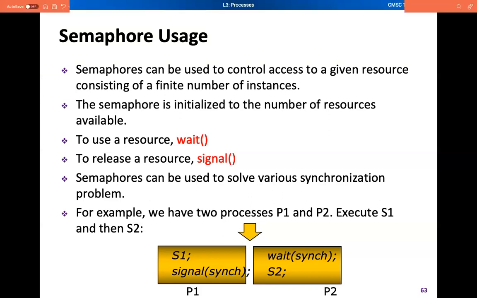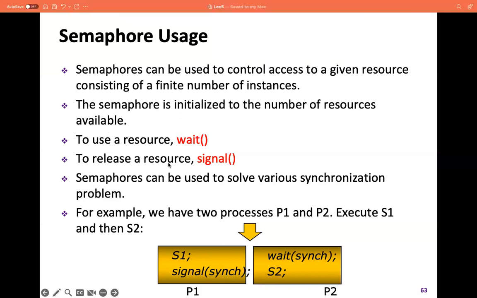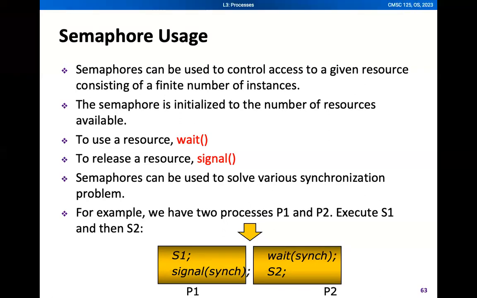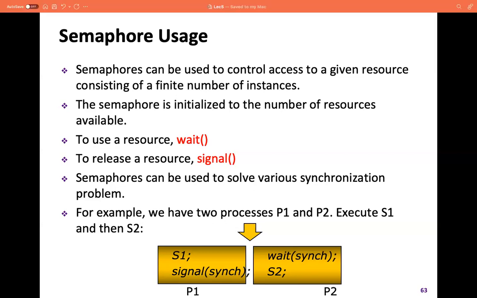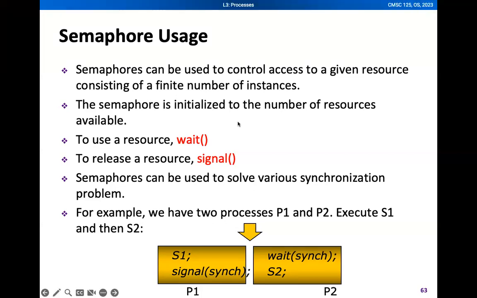That means the semaphore S is initialized to 2, because those two CPU cores are the resources that are available. If we want to use a certain resource, we use the wait operation. But if we want to release a certain resource, or let's say a certain process is done executing and lets go of that resource,